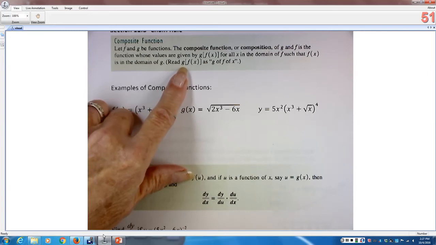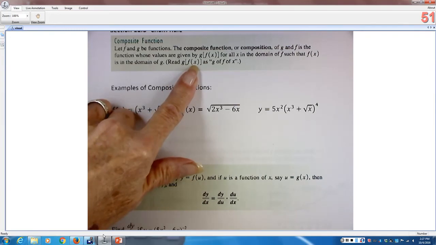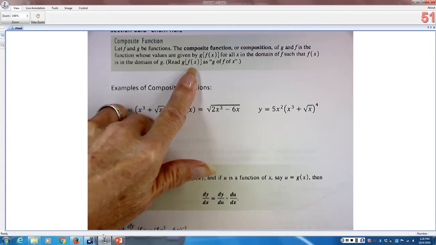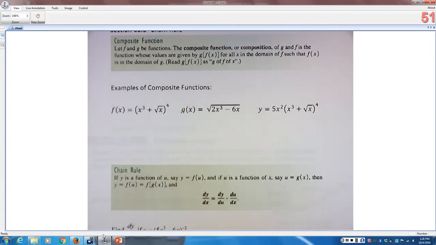So we call this g of f of x because f of x is the input and g is what tells us how to come up with the output. So these are examples of composite functions, and so since we're talking about inside and outside,